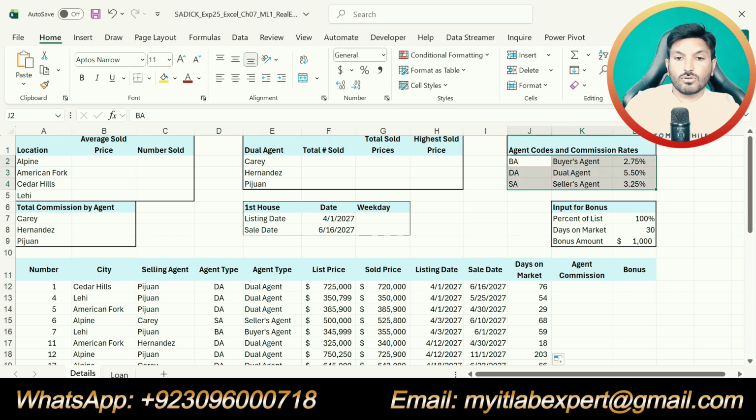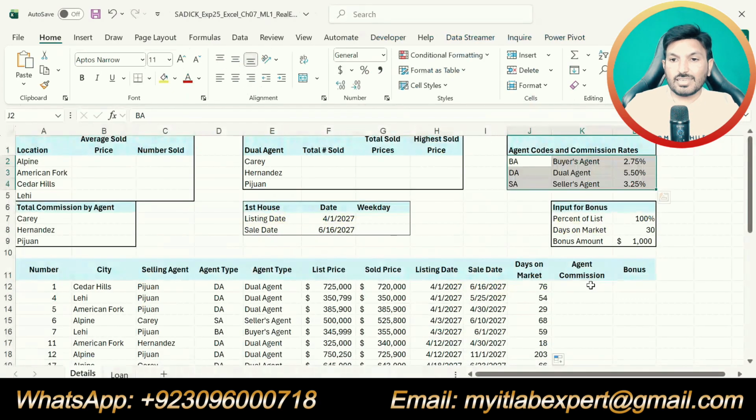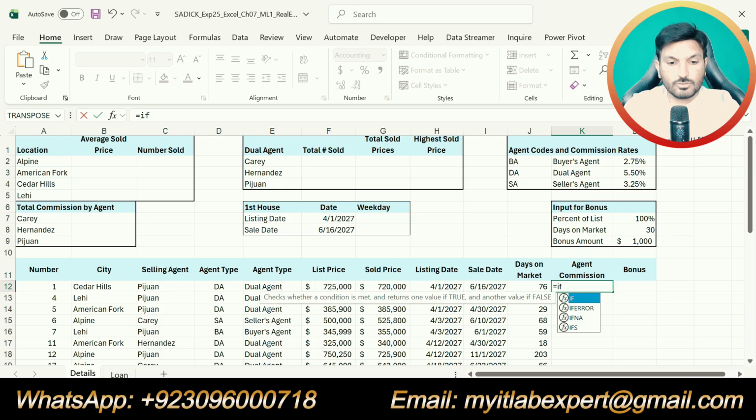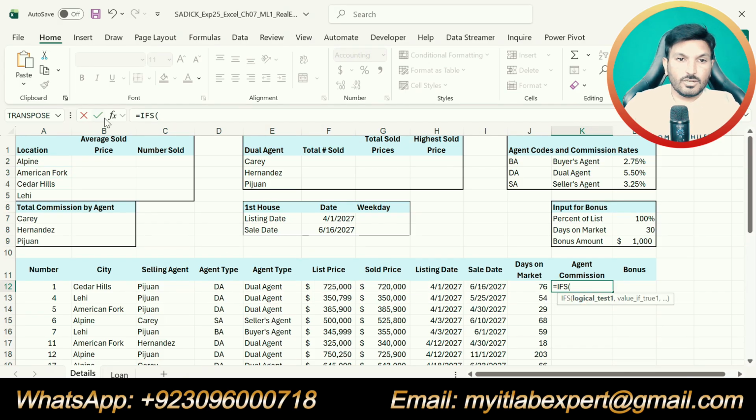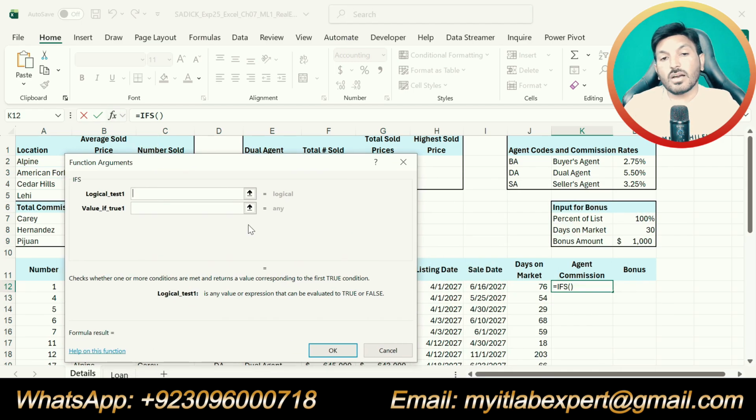Okay. So, now we will first go to cell K12, and in cell K12 we are supposed to use the ifs function. So we will type equal sign then ifs. Okay. Now click on the function symbol to enter the function arguments, because we are going to calculate the agent commission.